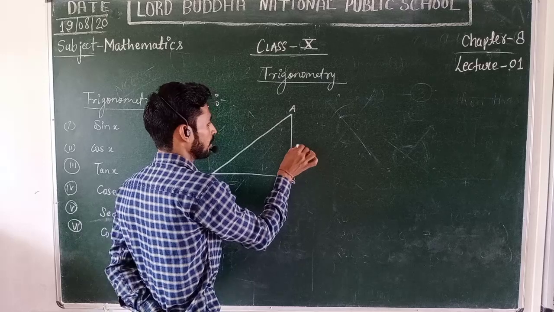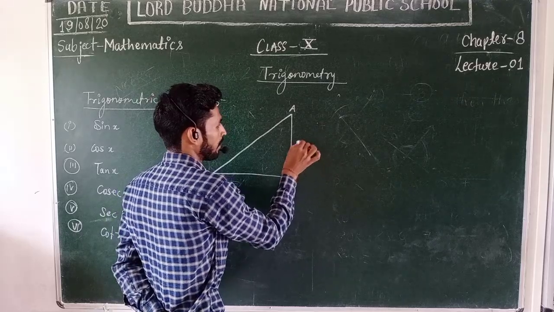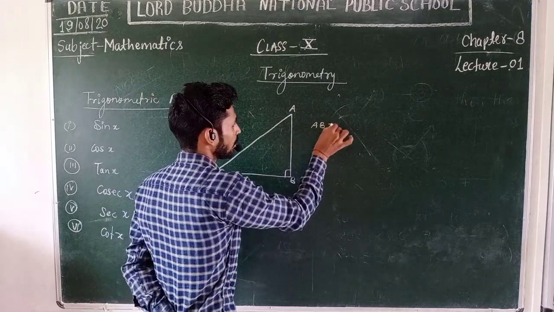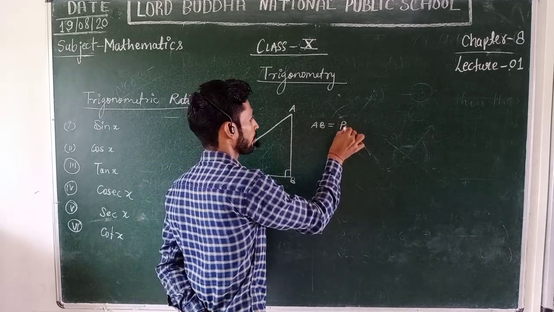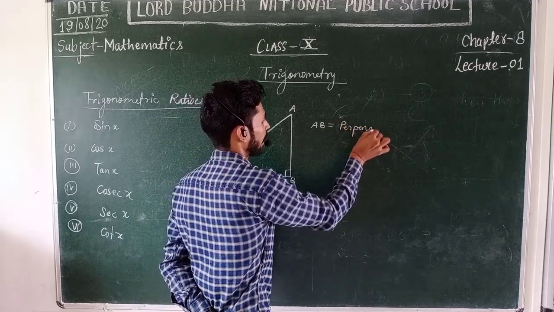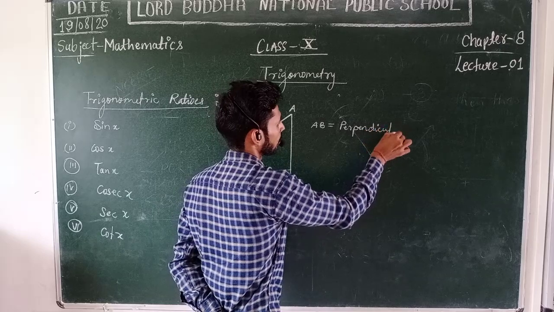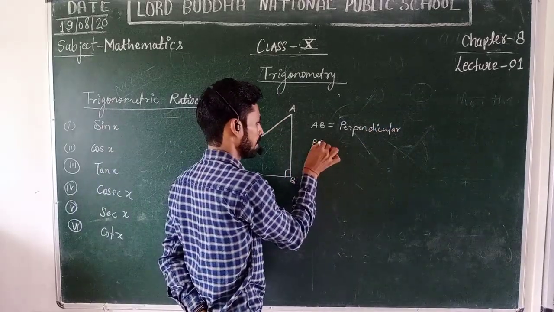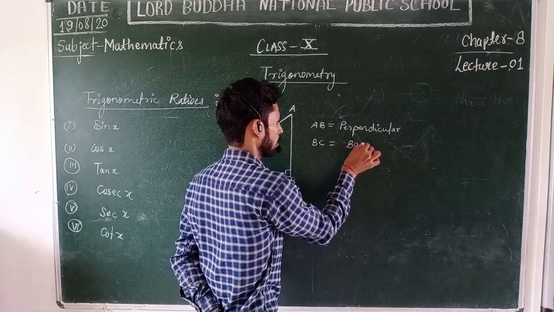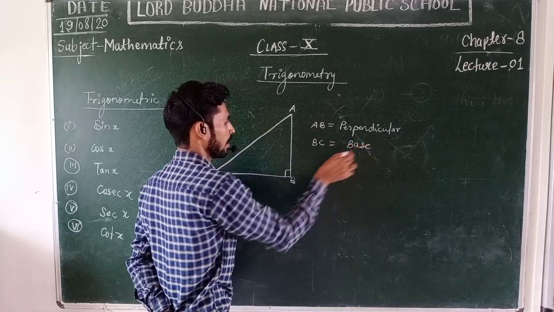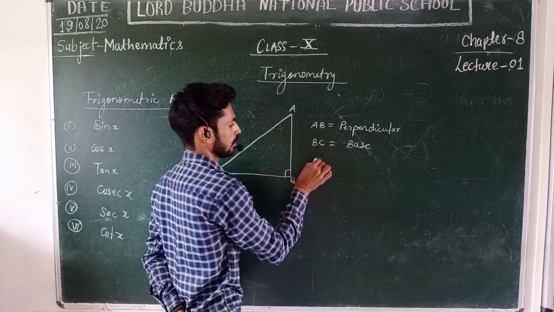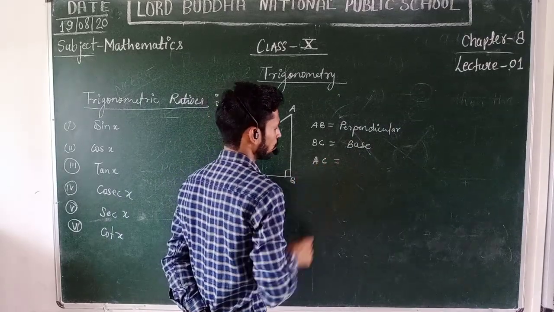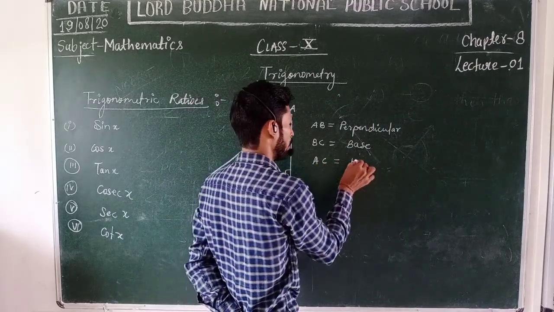So I am writing here, this is the perpendicular, that means AB is the perpendicular, and BC is known as the base of this triangle, and also AC is the hypotenuse